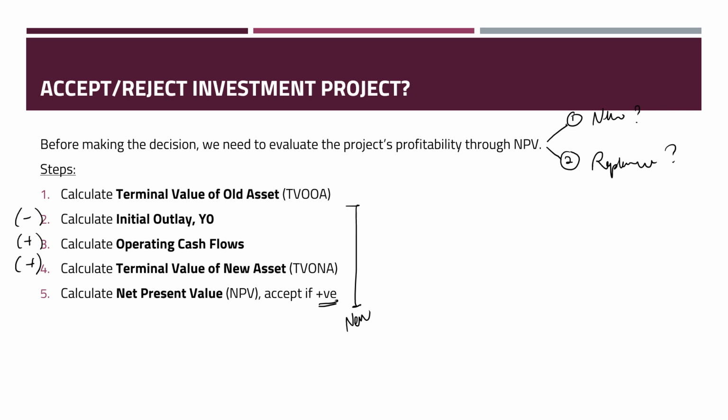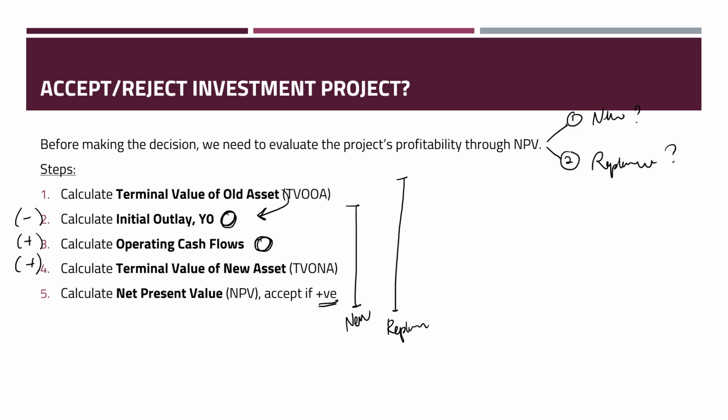Next, let's talk about replacement projects. It is slightly more complicated as it encompasses all 5 of these steps with extra caveats. With replacement projects, before you acquire the new one, you first have to sell the old one, and the amount of money you get from selling the old one is used to offset the price of a new one. This is pretty clear, I feel, but the difficult part comes in the operating cash flows,